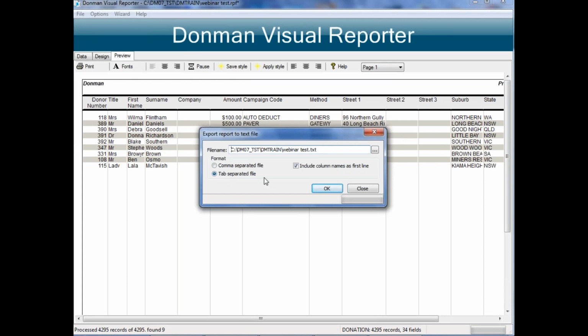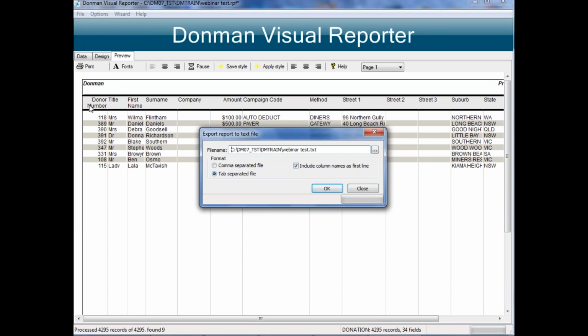And by default, it's a tab separated file. Okay, so tab we find is normally a much cleaner format to have your data in, just in case, of course, there's commas in the data, and you've got an address that might be unit 1, comma, and something like that. When I put into Excel, if I start splitting by commas, sometimes they can get a little bit thrown out by that. So tab is the default, and in here it's got to include the column names in the